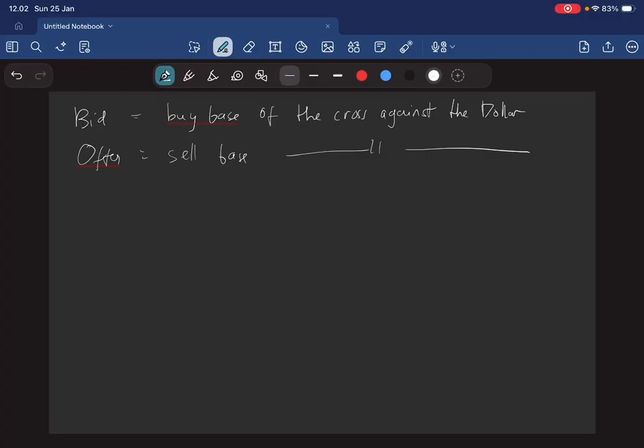Another way to simplify is to think of presenting the bid-offer spread in the most favorable terms for the market maker. This is done by making the spread as wide as possible. So if you are calculating a spread of currencies on the same terms, i.e. dividing, you would make the widest spread by dividing the smaller number by the larger number for the bid and the larger number by the smaller number for the offer. Doing so minimizes the bid and maximizes the offer.